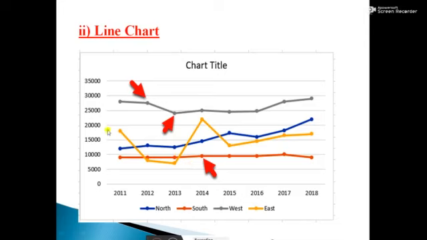Okay. Here the lines represent the data movements from one point to another. So many lines are given here now in the line chart. These lines represent the data movement from one point to another. In the horizontal axis, that means here north, south, west, east, these are all the legends. To understand each and every data series without any confusion, we are using this legend. In the horizontal axis, years are given and in the vertical axis, values are given.